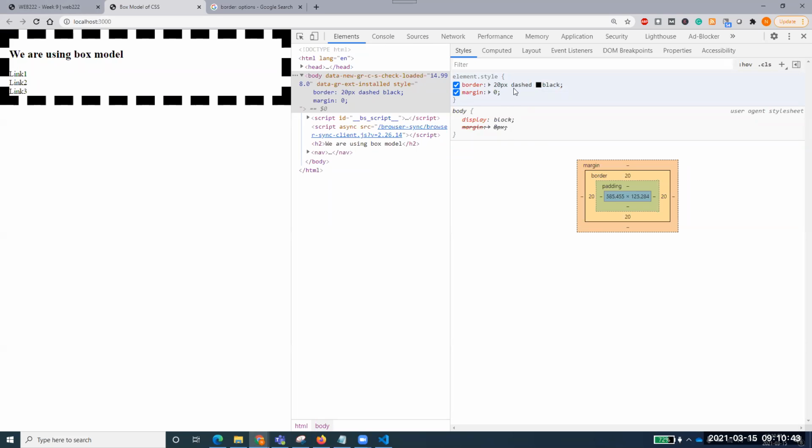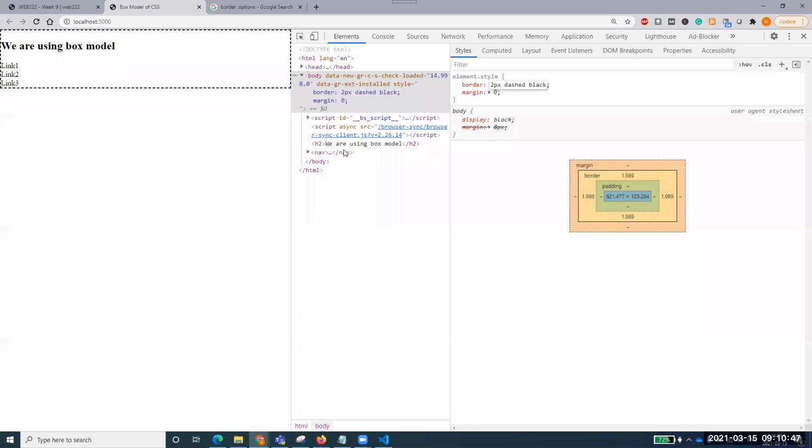Anyhow, so now this is basically what we are saying, that 20 pixel, not 20 pixel, of course. I want to have, maybe a 2 pixel, you see that the document is having a very nice border. So two things clear. We know about border because border is that part. Now this border is 2 pixel, 1.989 something, approximately 2 pixel.